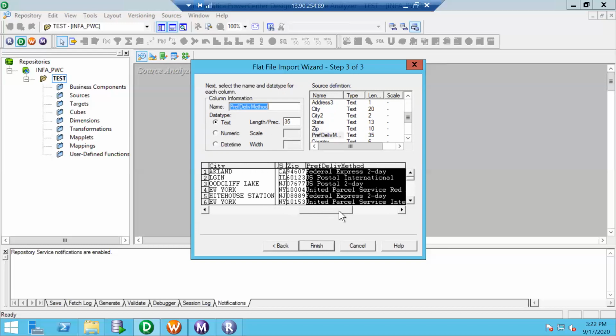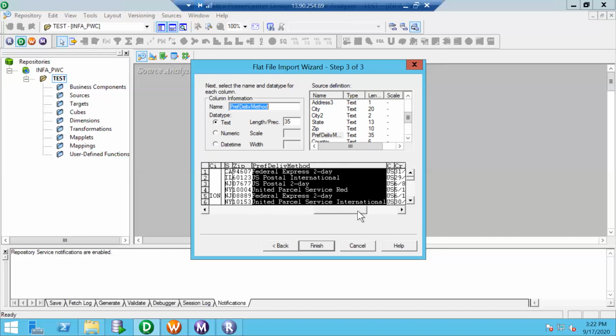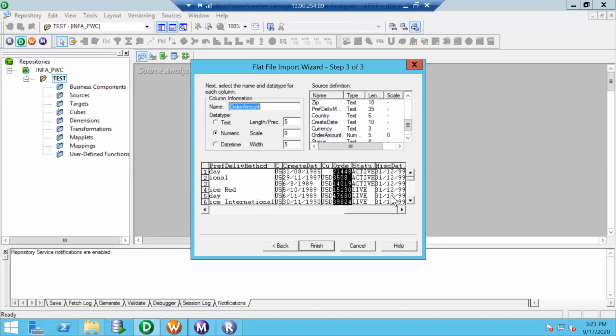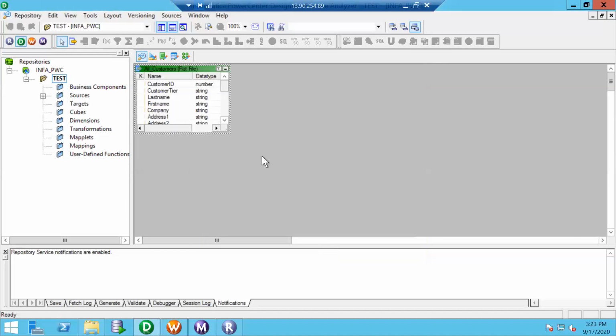At times chip is a combination, so I prefer text instead of numeric. This is fine. Create date, okay, let it be text. I don't have any issues on that. What else is pending? I think the rest should be good. This is also in the form of text, so I can click on finish.